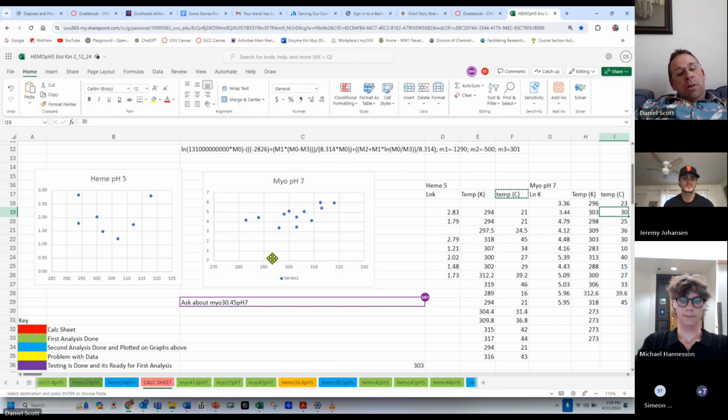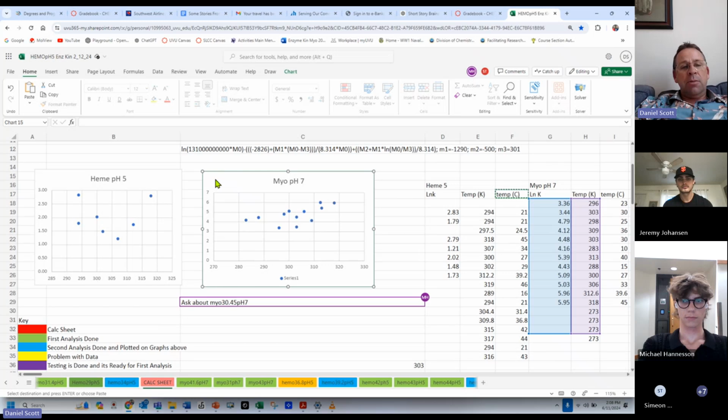Now, according to nature, unless there's something that we're not seeing, which is very unlikely, these plots, we don't have them labeled here, but this is the